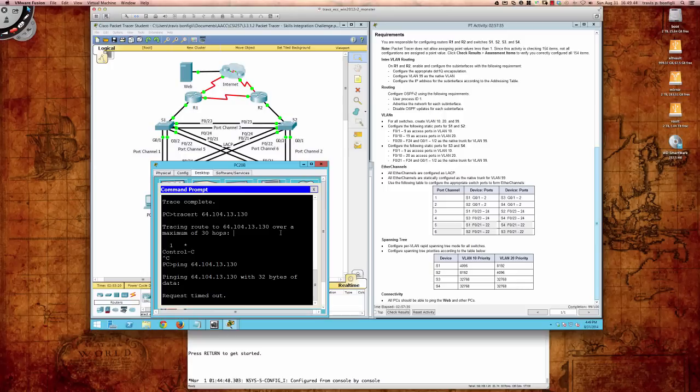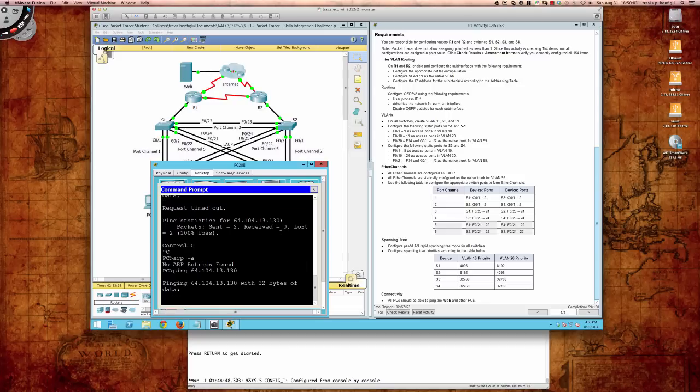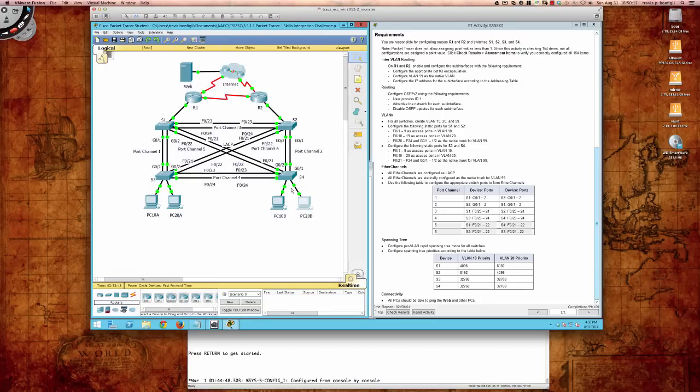Request timed out, and let's do an arp -a, and there are no ARP entries found. So yeah, it's still struggling to get out of the environment, but it should go out. Let's pull the ping back up. Yeah, it should go out. It may be that PacketTracer's not letting us out because it's PacketTracer, but the key thing to note here is